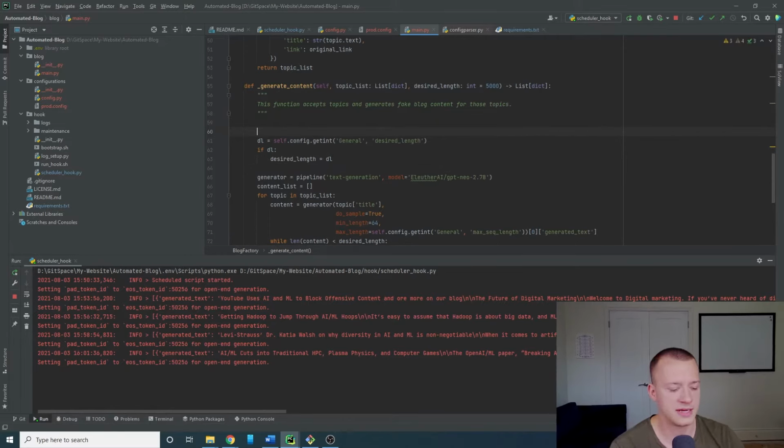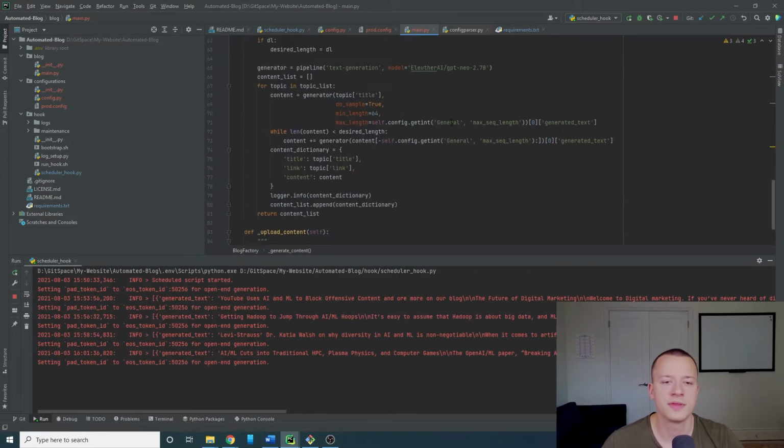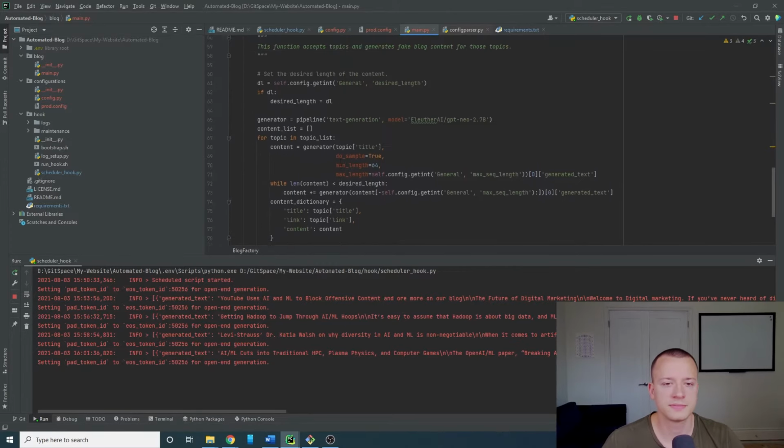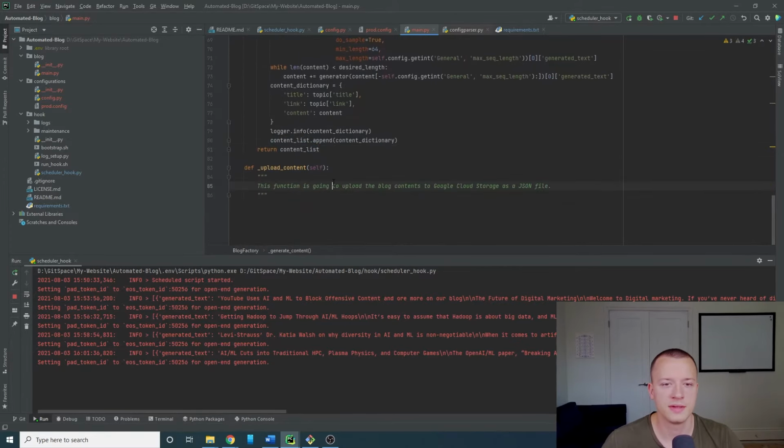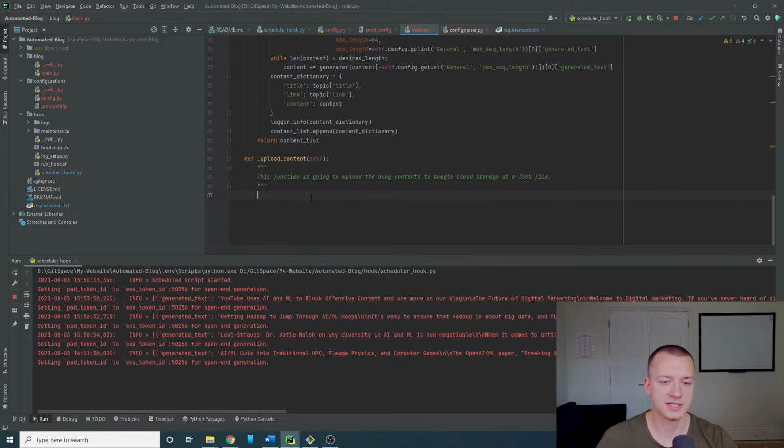Now I'll just add a comment there, set the desired length of the content. Cool. Now this function is done and we can move on to uploading the content. So we're almost there. We're just about to finish. Okay, so this function,